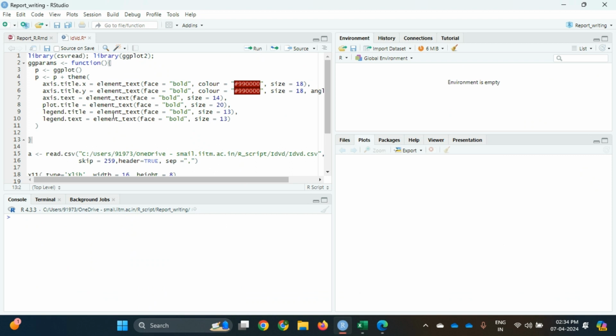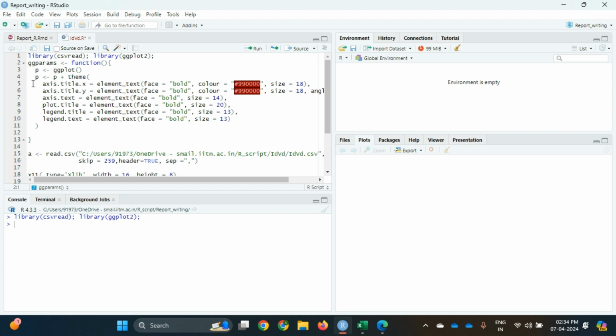So in order to read the CSV file, we need a library called readr. Before calling it, we need to install it in our R by this command: install.packages, readr. If we run this command, the package will be installed. And for plotting data, we need ggplot2. In a similar way, we have to install the ggplot2 package as well, but I have already installed it, so I am not installing it again. So I have to run this,